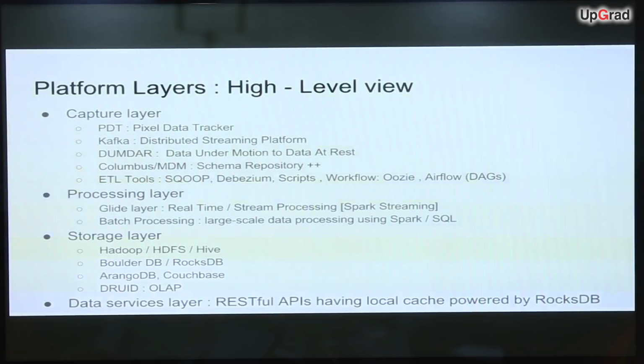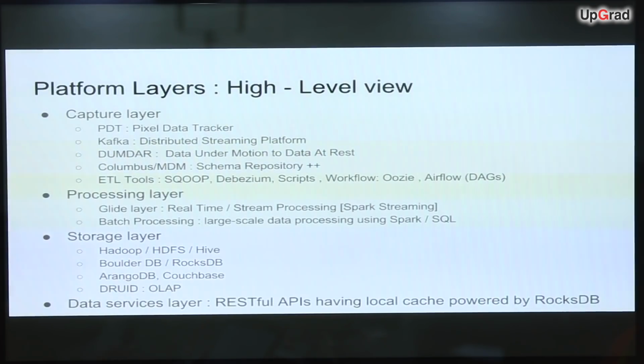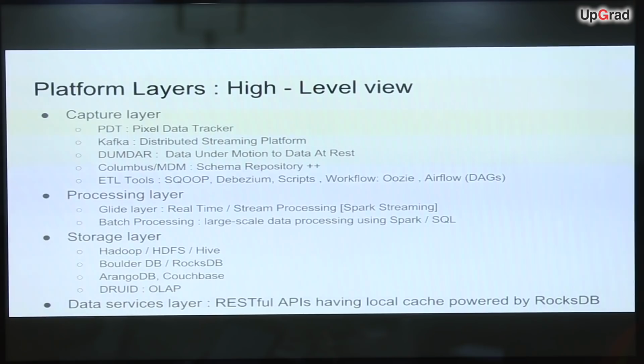So any event which we are capturing, not everything is unstructured, right? Within our data stack, you have a pretty big amount of things which are structured, because here you define a schema around whatever needs to be captured. It's better to always put a schema around it while capturing itself, so that when processing, you know what is coming in, and it's very helpful to do stream processing and then batch processing also.